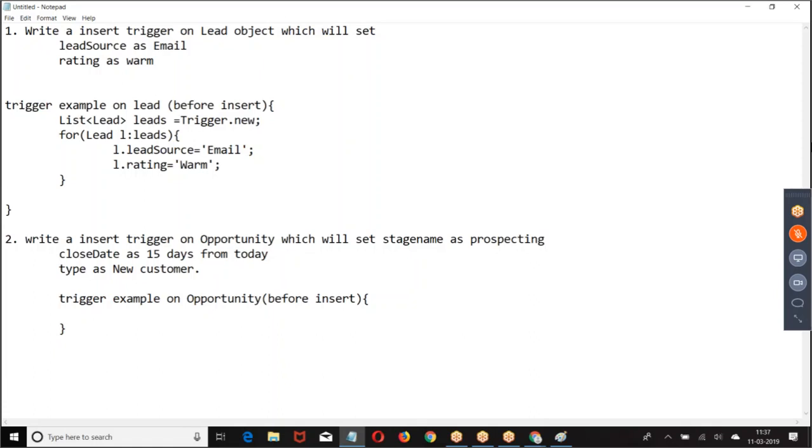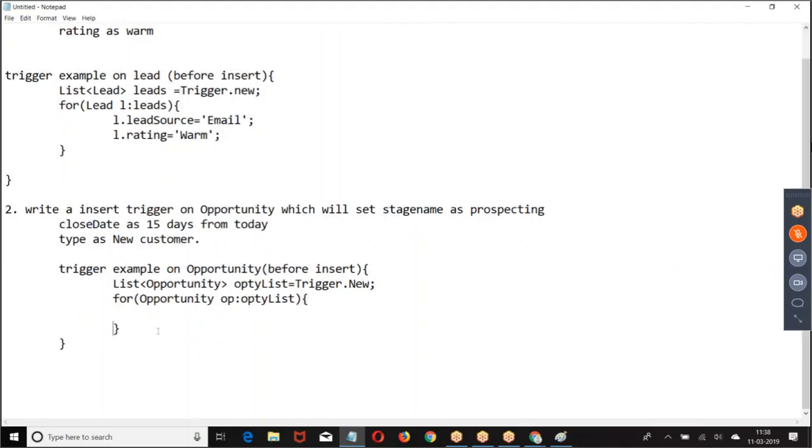Take an example on opportunity. Stage name.